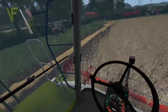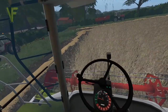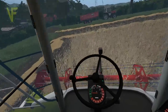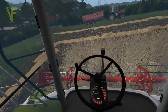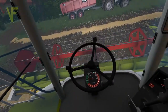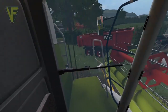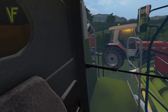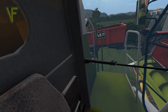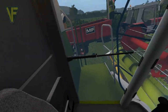And we must be getting pretty full. Yeah, we're well above the window now. Again, I'm just sort of inching forward in case this shut-off kicks in. Oh, thankfully it didn't. There we go. Right. There we are. Fill over the wheels. That way it's less likely that the tractor will